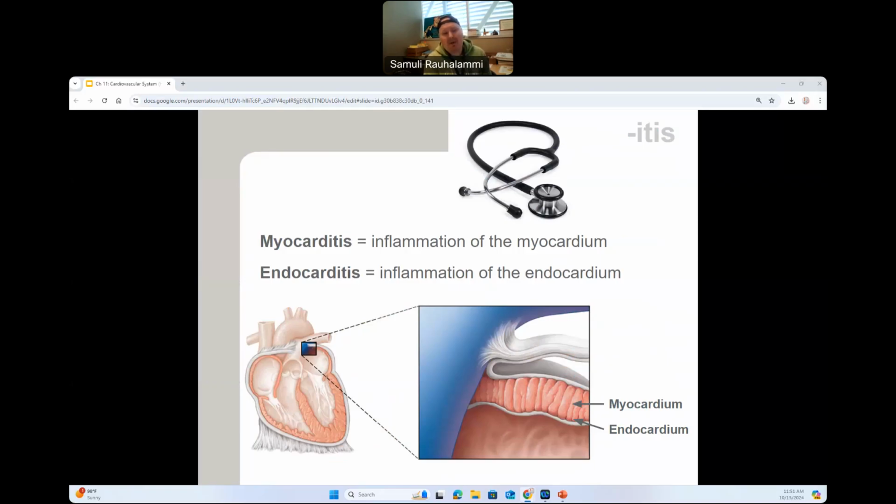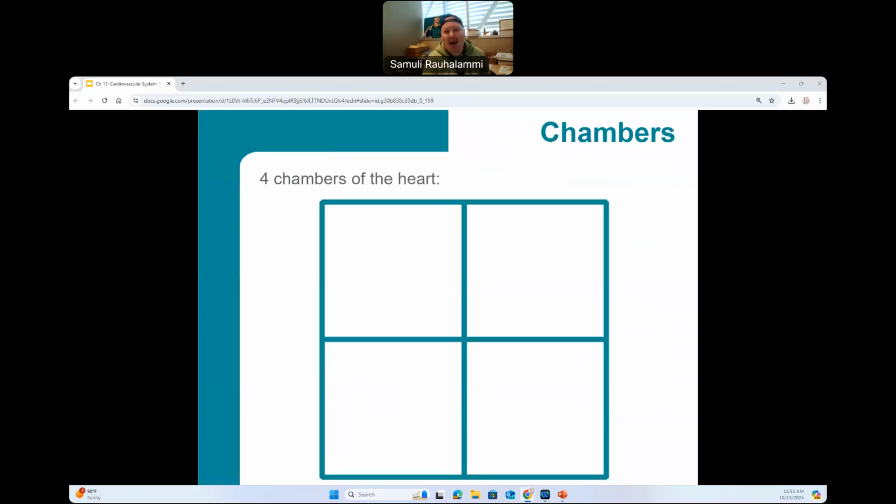Now that we've had a look at the general location of the heart and structures around the heart, I want to focus on the heart chambers. And if you were ever asked to draw a heart, this hollow organ made of 4 chambers, the simplest way to draw it really is to draw a box and then divide it into 4 parts. And when we start naming the chambers, do remember again, when we're talking about right and left, it's always in relation to the patient's right and left. So keep that in mind in these discussions.